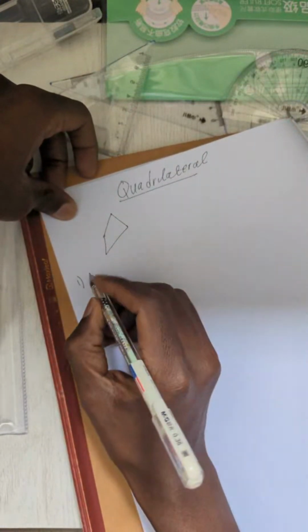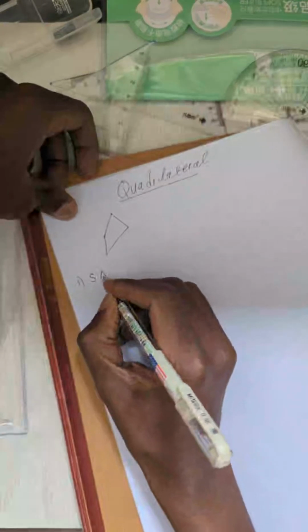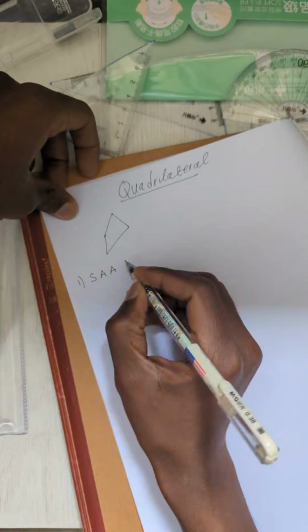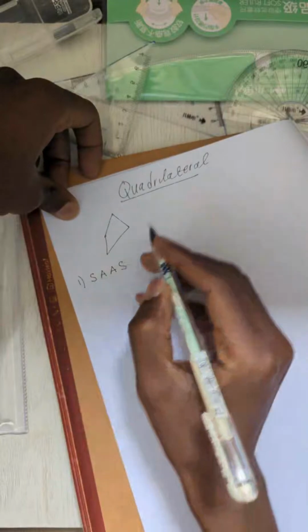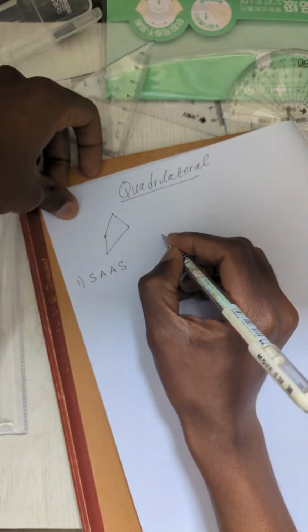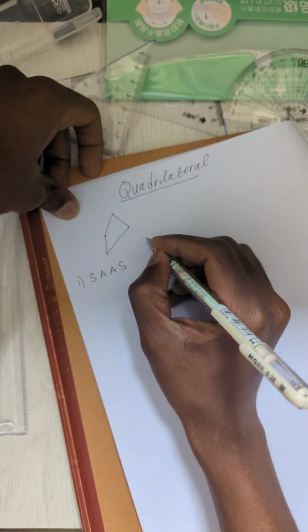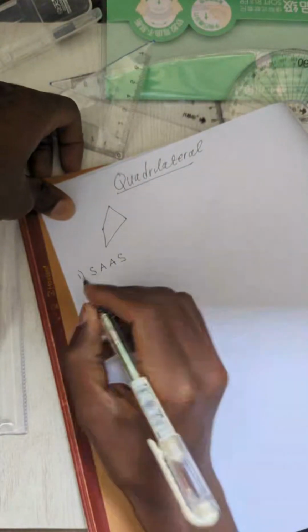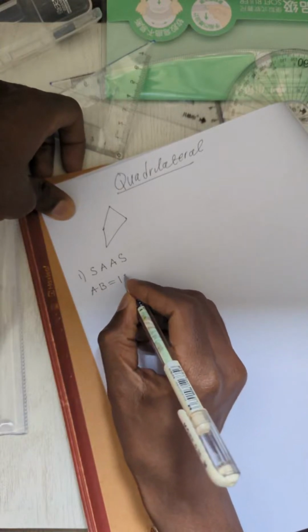In the first case, you can be given an angle and a side. You can be given a side, angle, and the side. For example, they can say, given that, construct a quadrilateral where AB is 10 centimeters,